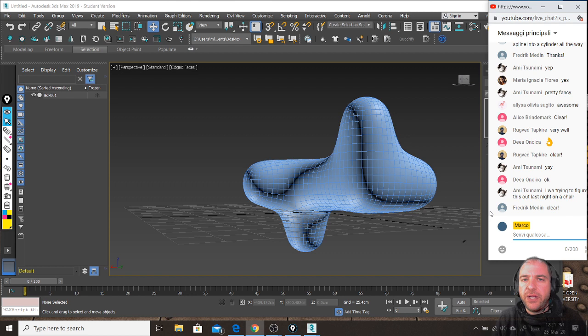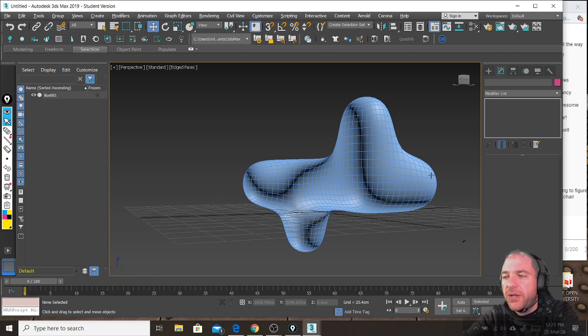So let's see, there are basically 2 extremely important aspects that we need to know when we use turbo smooth. So first aspect is this. Look,